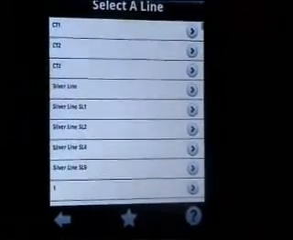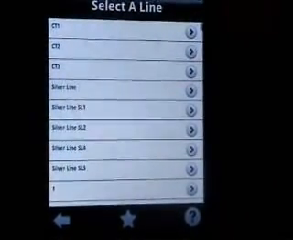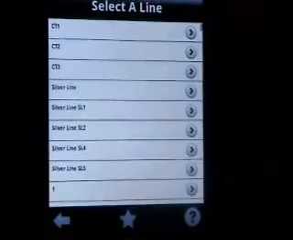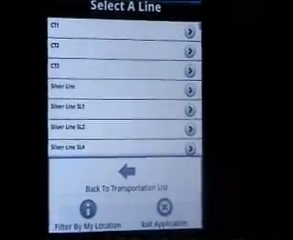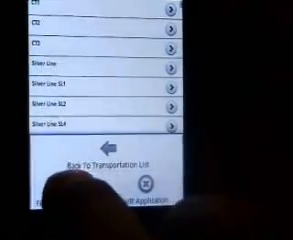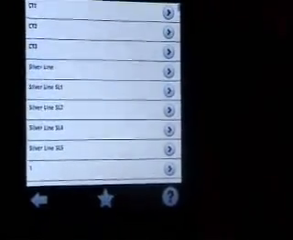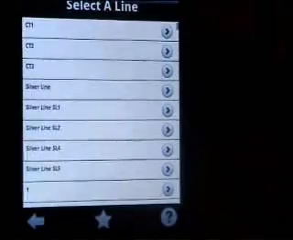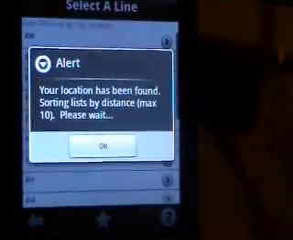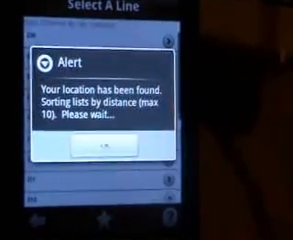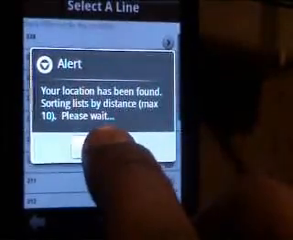So if you're lost somewhere, you're downtown or someplace and you don't know what's in the area, if you click the menu button, you get a little icon that says filter by my location. Clicking that little icon will basically turn on your little satellite tracking, and it'll find your current location. As you can see, it found my location now. When you click OK,